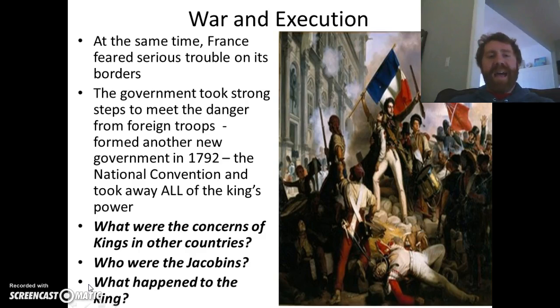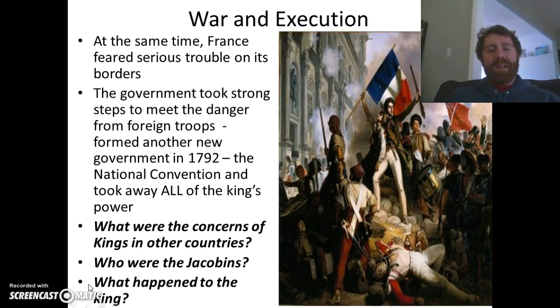This is going to be known as the National Convention, and the National Convention is going to declare the monarchy absolved, or no more, and they are going to declare France as a republic. And so no longer is there any form of a monarchy. The French government is now known officially as a republic, where people can vote for representatives to serve in the government. And this National Convention also declared that all male citizens can now vote in the government.